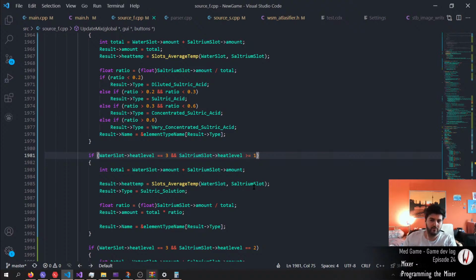Is smaller or equal to 1, or is smaller or equal to 1. So here,